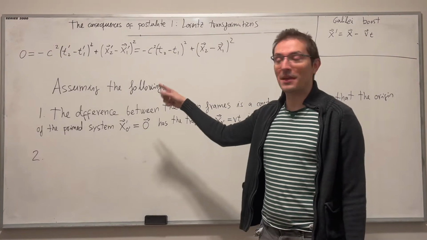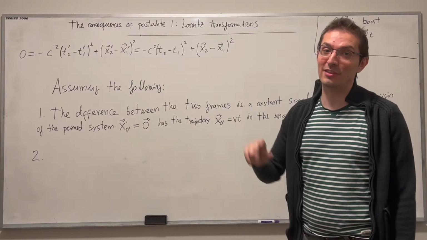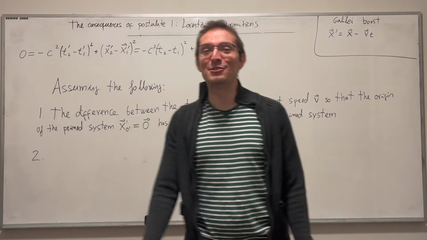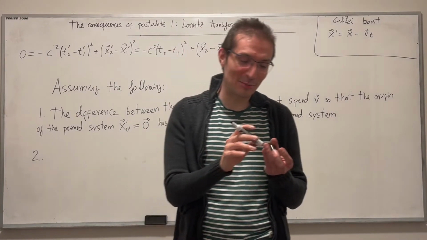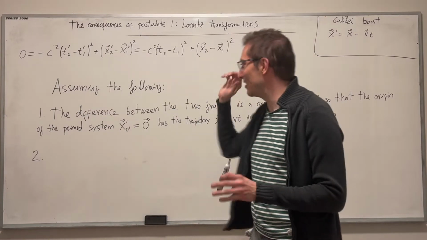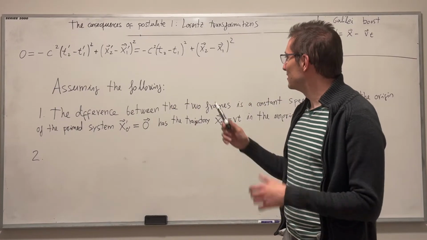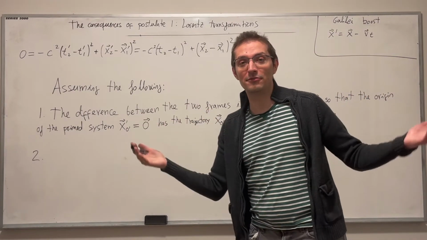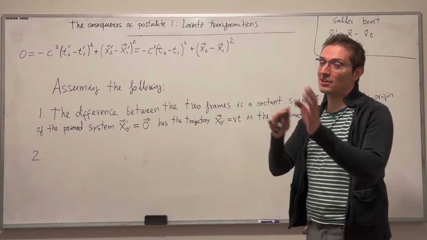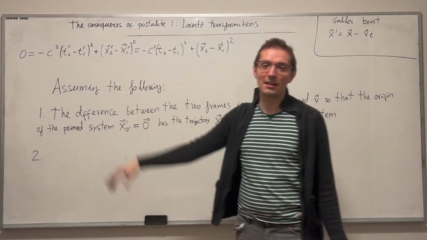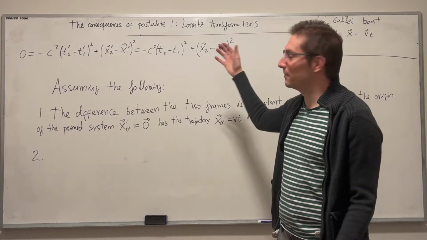To find the transformation, I'm going to be assuming two more things. Two is a mystery assumption, because it's deep, and it's usually swept under the carpet, and it should be at the level of postulate even. Although, well, we'll talk about it when we get there. Assumption one is very innocent, saying that the difference between the two frames is a constant speed, in an inertial frame, but basically saying that there's no rotation between them or translation, just to simplify, because we would not be able to extract any information from considering that difference.